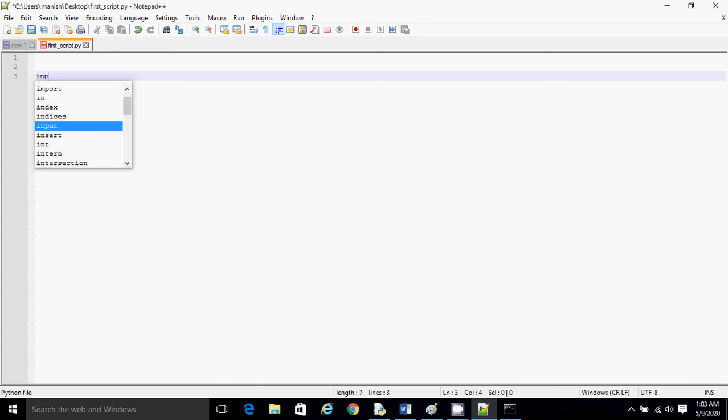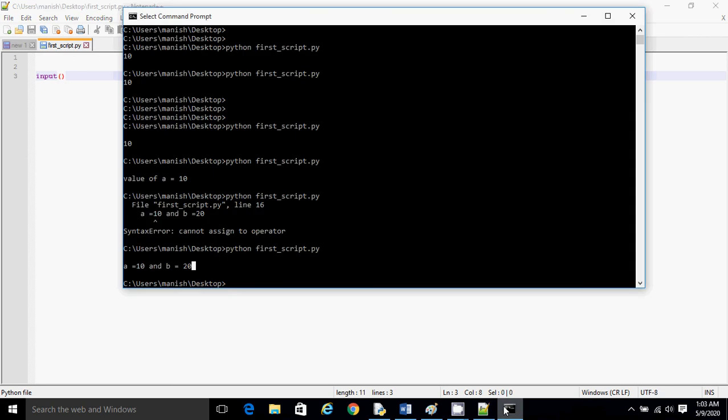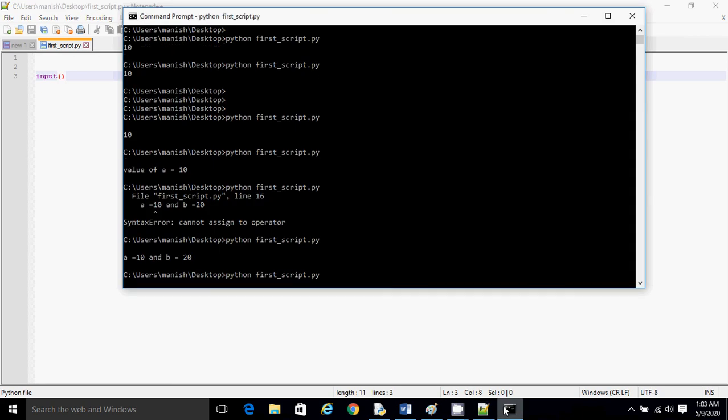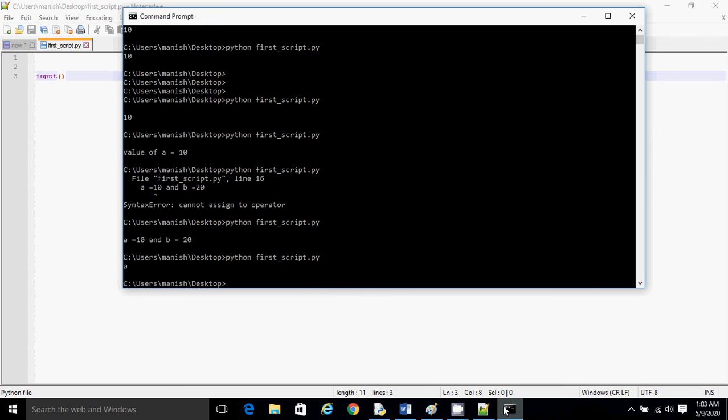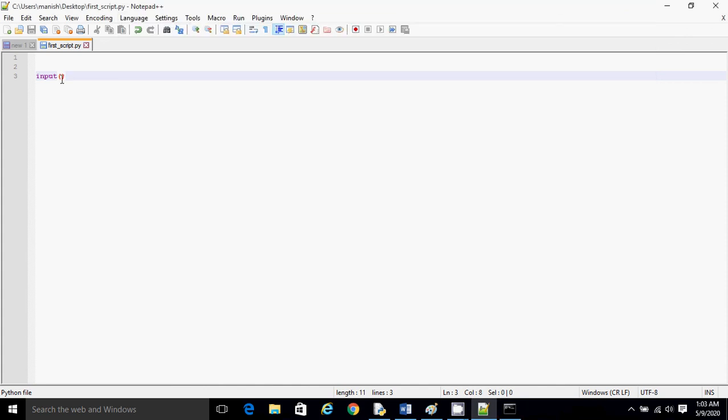So if I take input and run it, you can see our console is waiting for input, and as soon as you enter a and press enter, there is no action defined, so our script got exited.